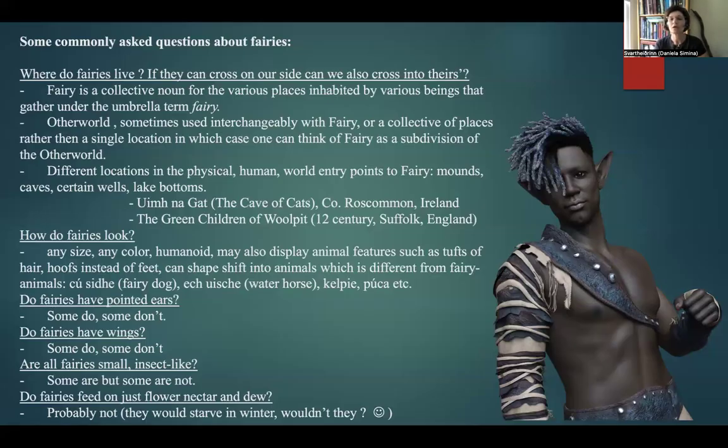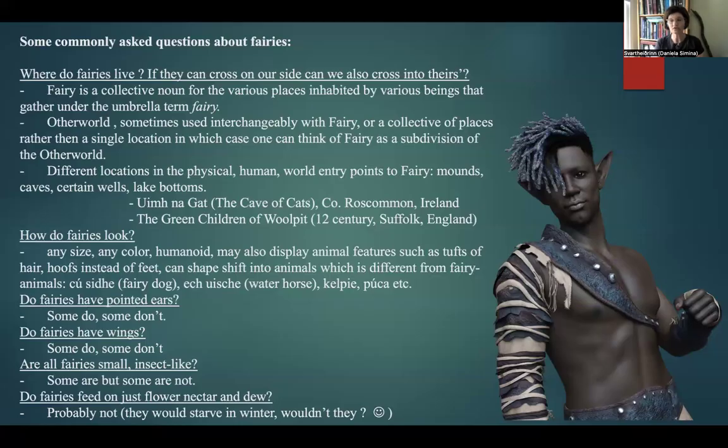So this fairy gentleman here has pointed ears, and they're longer than what I'm accustomed to seeing and perceiving in my own fairy-related experiences. So it's worth talking about where fairies' long ears come from.